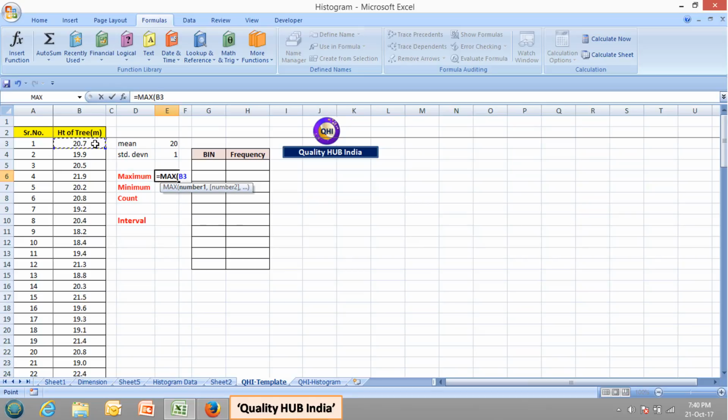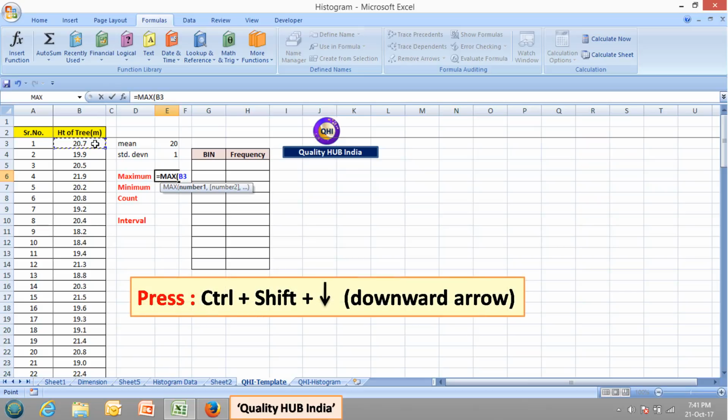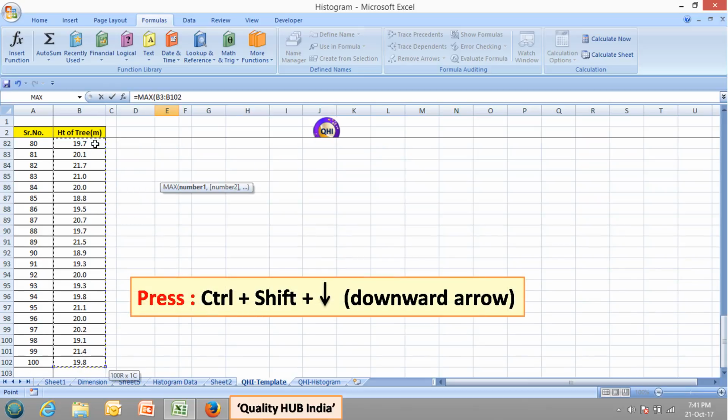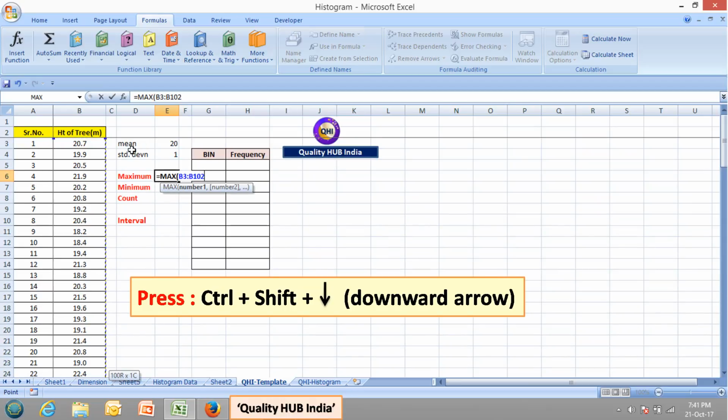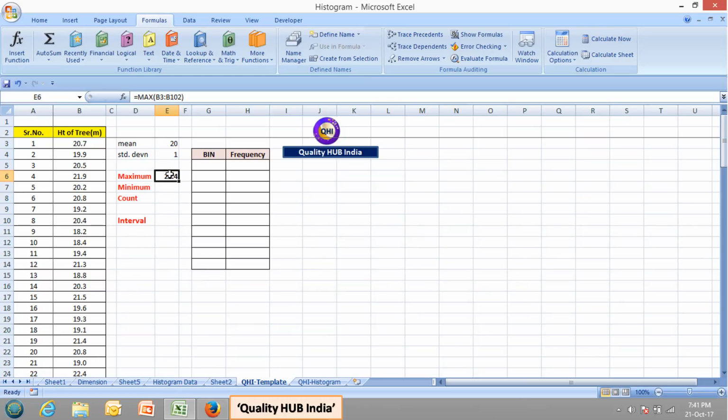For selecting this whole set of data in column B, we will click on the first cell, then press Ctrl, Shift and downward arrow in one go. You can see friends, all the data in column B is selected. Press enter. Now your maximum value is identified.